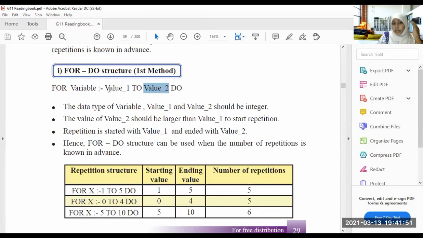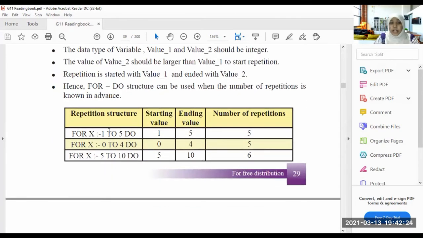So it starts with value 1 and goes till value 2. Hence, the for do structure can be used when the number of repetitions is known in advance. If it is already known, then we use the for do structure.